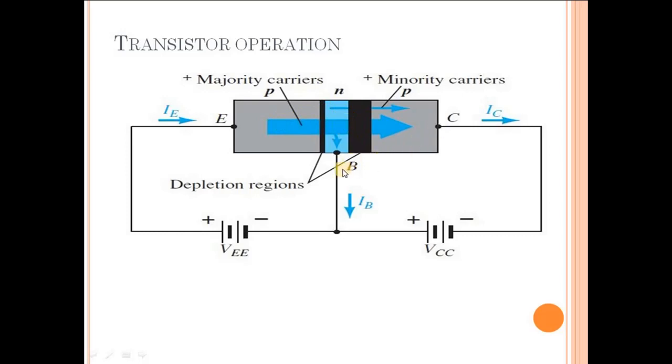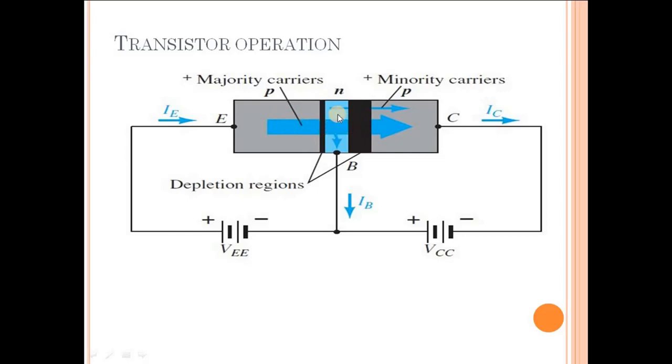And because the collector base junction is reverse biased, this PN junction has the tendency to push whatever minority charge carriers are there in the N-type material to the P-type material. And what are the minority charge carriers over here? Holes. But when this VEE DC bias is there, there is a contribution of holes into this N-type material due to the movement of majority charge carriers. So the majority charge carrier over here, the holes have moved to N-type material, and the same majority charge carrier holes are now